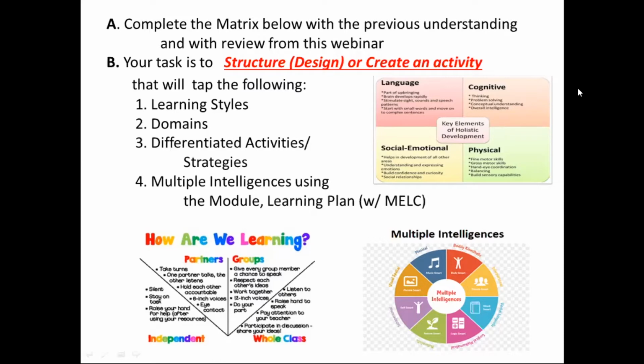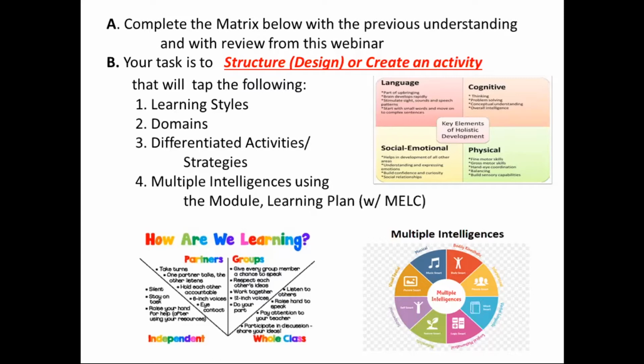Okay, so we have come to our workshop, and your task is to complete the matrix below with the previous understanding and with the review from this webinar. So after this instruction, you are about to see the matrix. And the second one is your task to structure or design or create an activity that will tap the following: